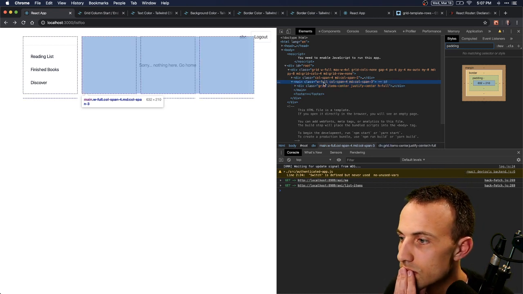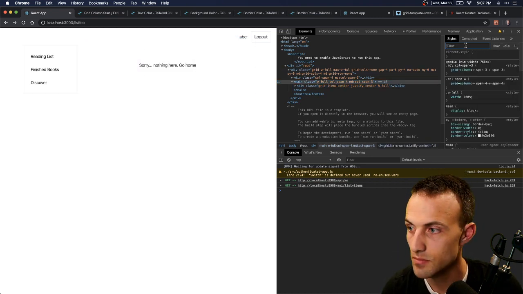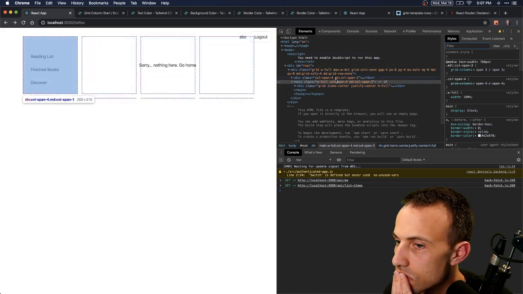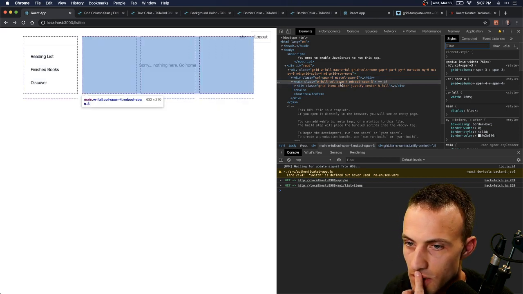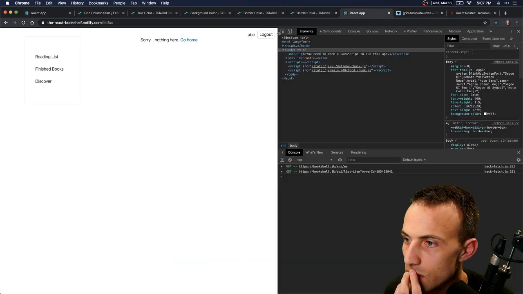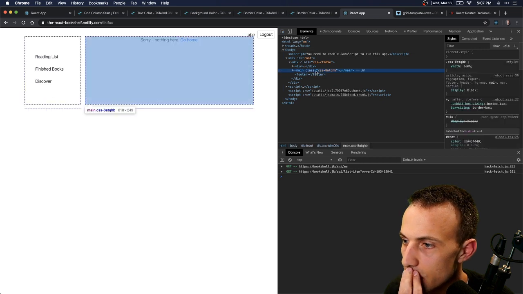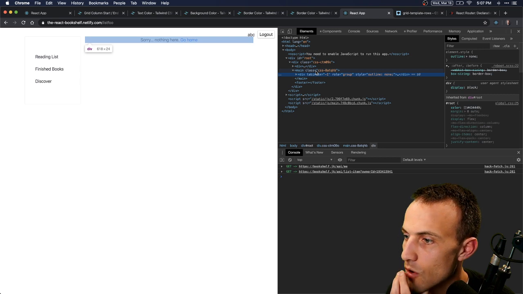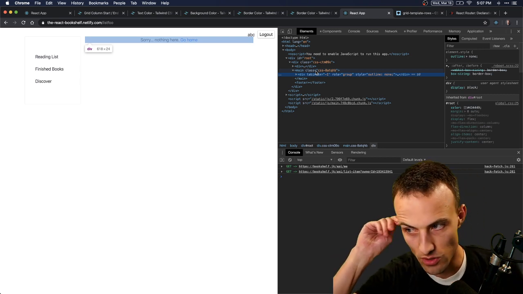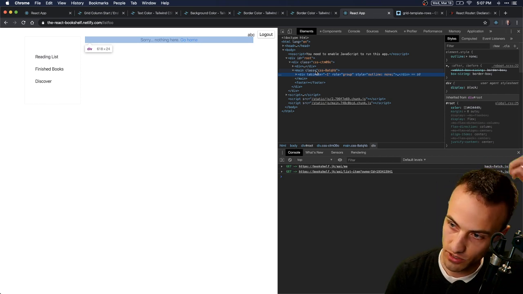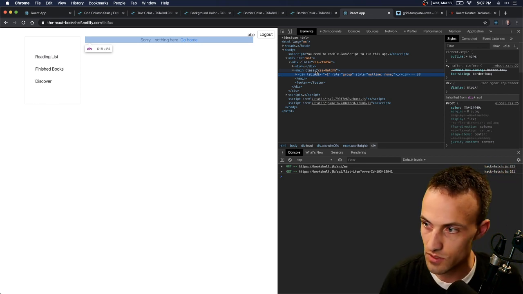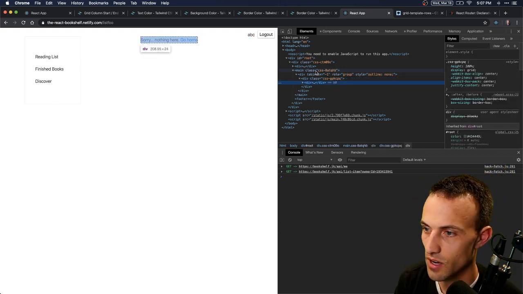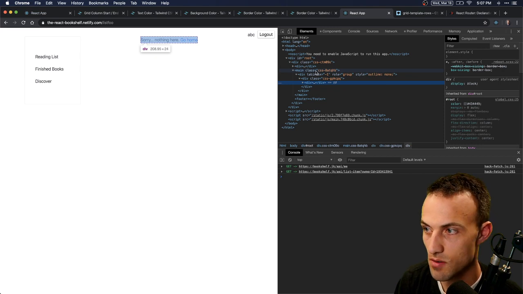That's interesting. Oh, I see, because we're using, why in this case is it all the way up at the top? Oh, yeah, because with Reach Router, they render this extra div so that they can focus on it as you navigate around, which may or may not be what you want, but